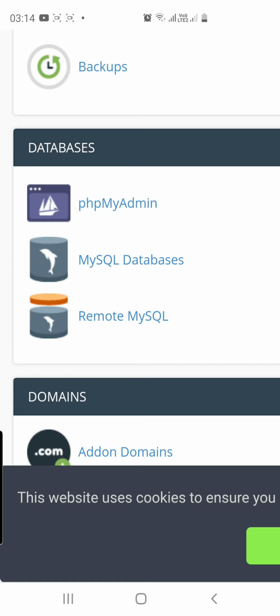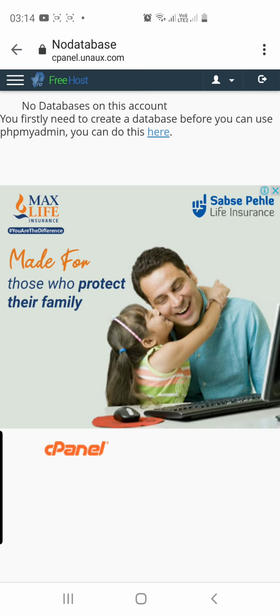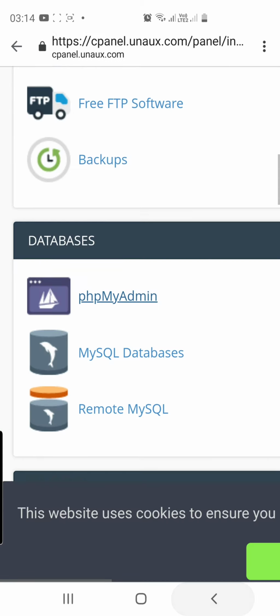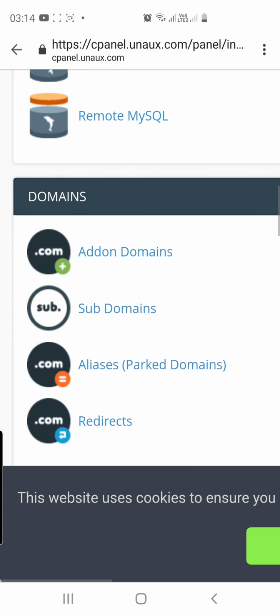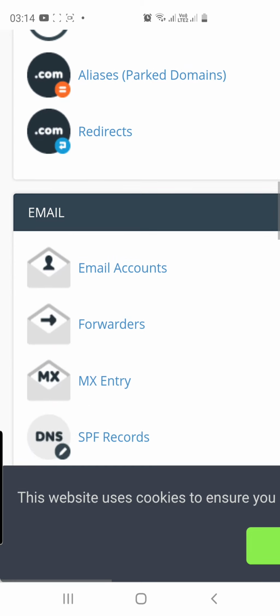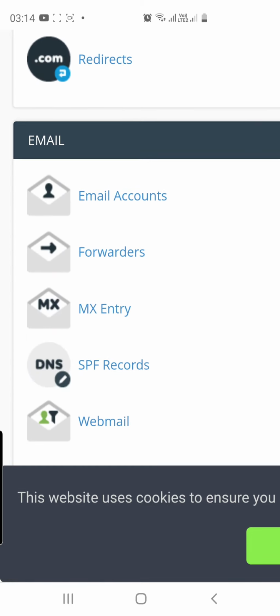PHP MyAdmin, so these are the other details you might get. Again, here you will get all those details here. Let's go back. One of the other things is, if you want to host your email, certain only, but as I said before, one of the positive things is you don't have to spend any money, but a few of the limitations you have on